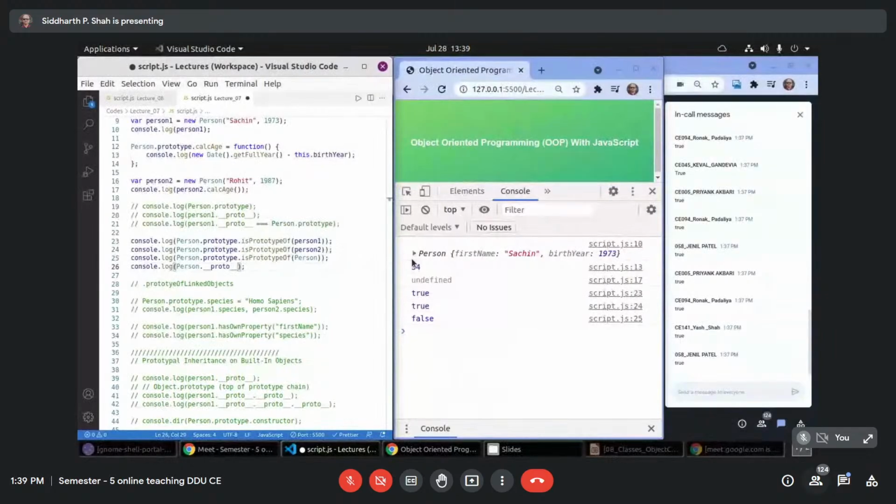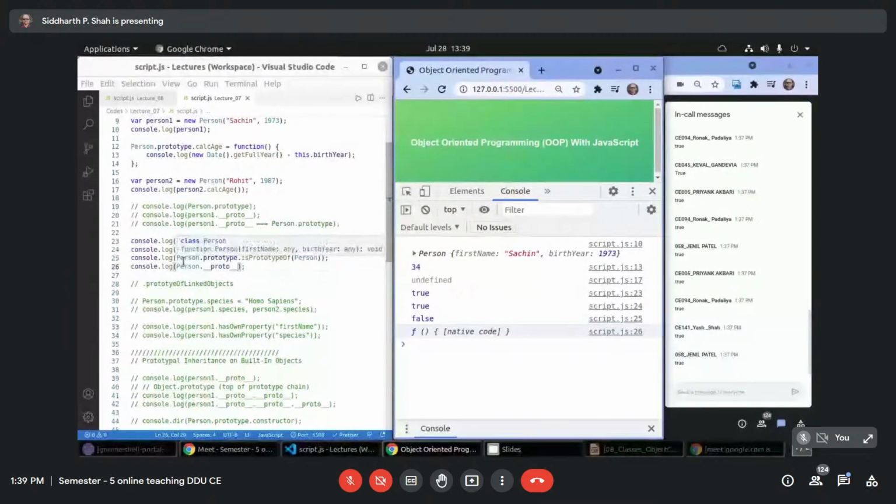Do I have this or not? Yeah. See, it is a function, native code. It's a different thing. So it is not same as this. So person.prototype is a different property. Prototype is a property of person class, but person has its own __proto__, which is different.